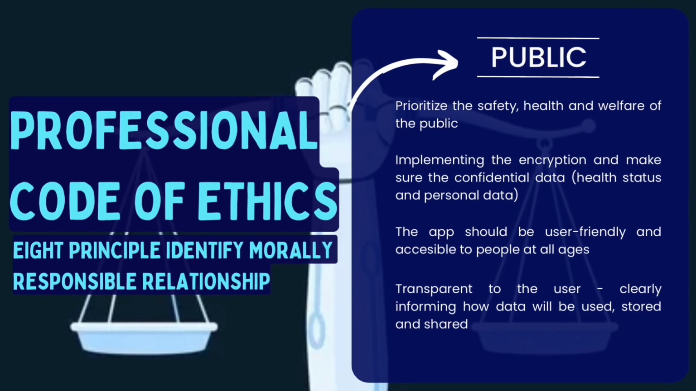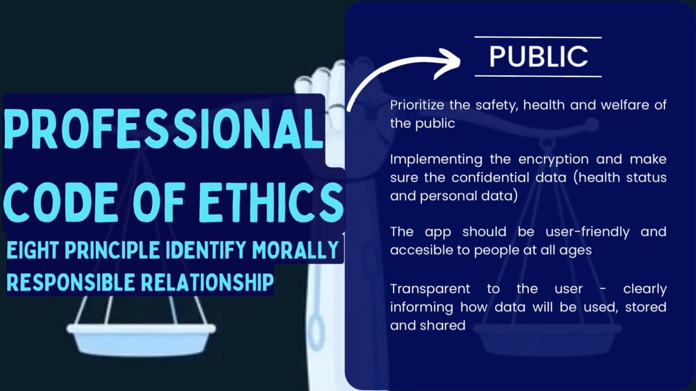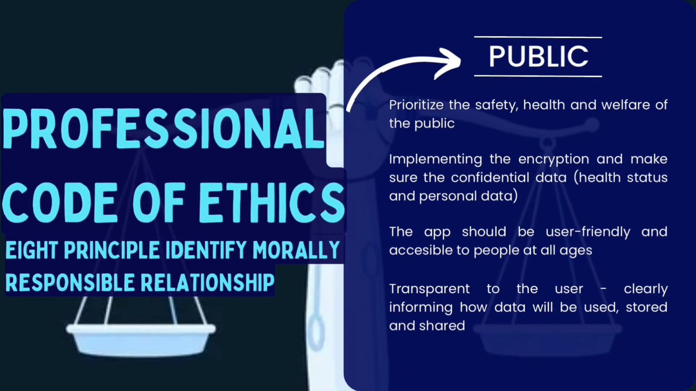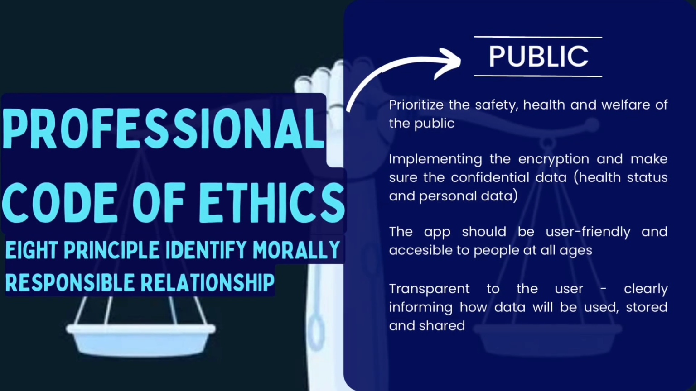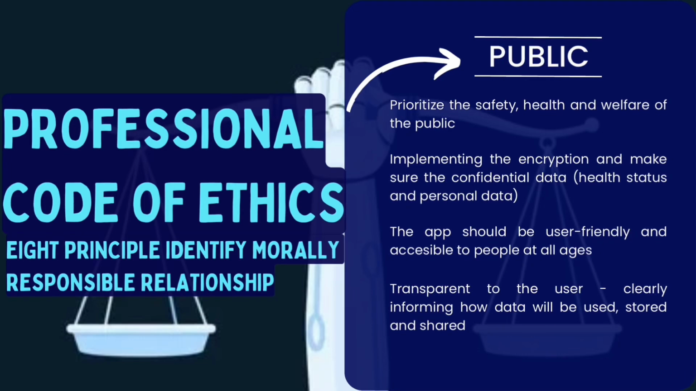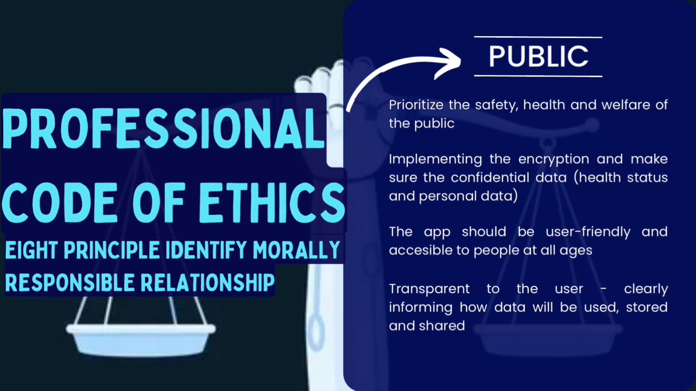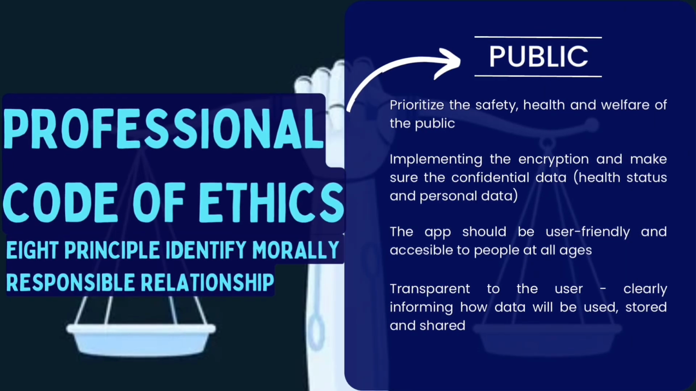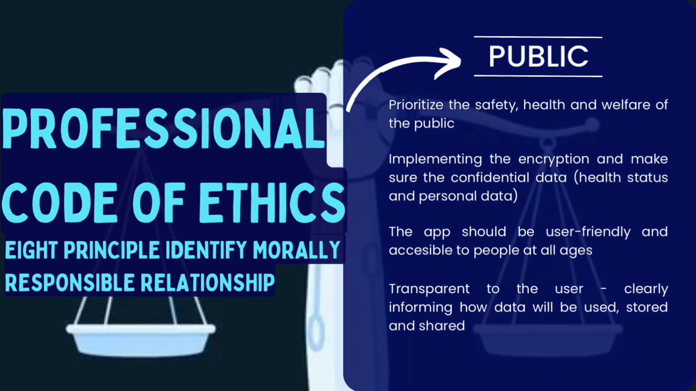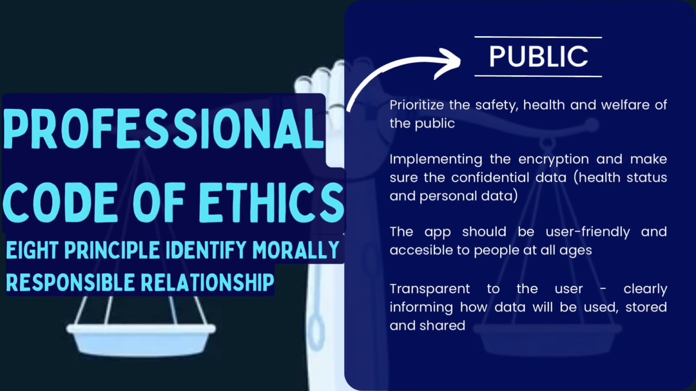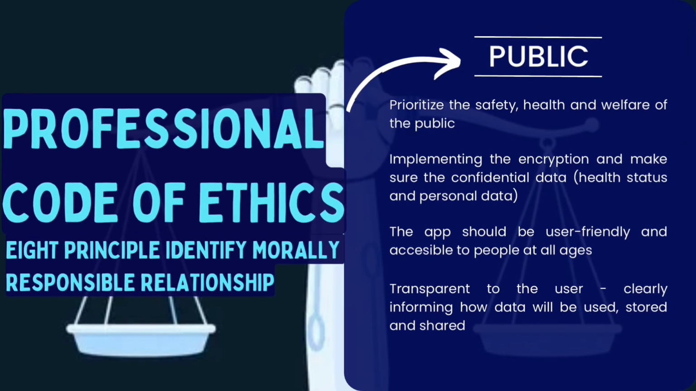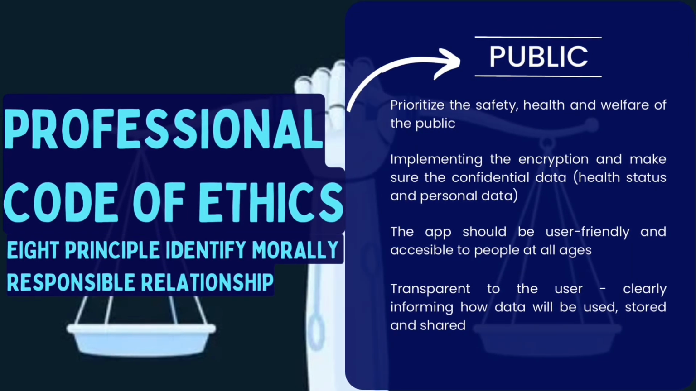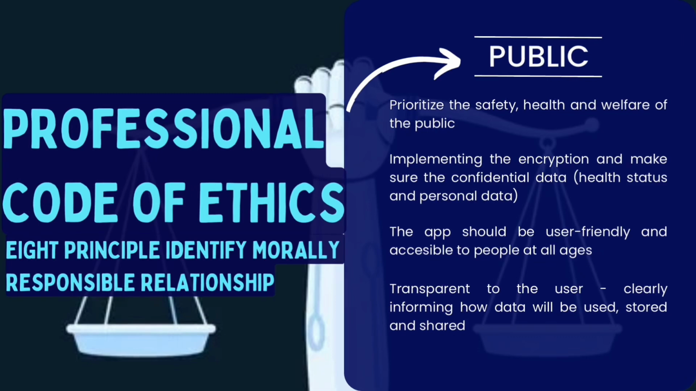The main responsibility of the software engineer under the public principle is to prioritize the safety, health and welfare of the public. The software engineer must design an application that can effectively support public healthcare in tracking the number of COVID-19 cases, enabling vaccination registration, and tracing affected patients. The engineer must consider implementing encryption and make sure confidential data such as health status and personal data remain private to prevent misuse or leaks, and the app should be designed to be user-friendly and accessible to